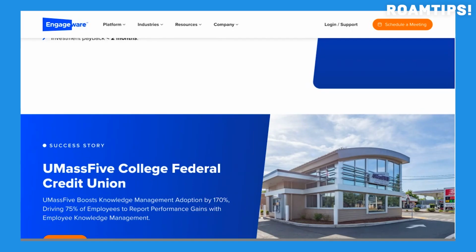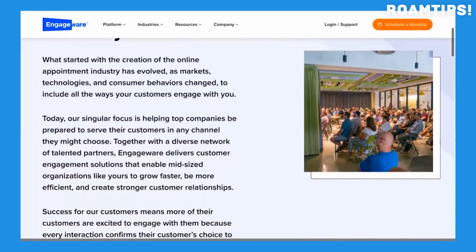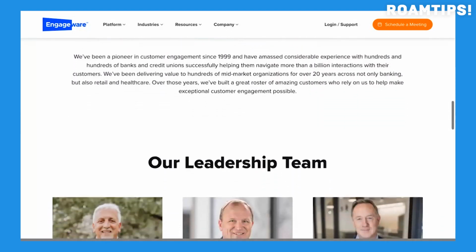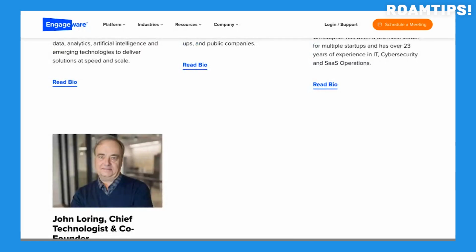EngageWare is a robust and versatile platform primarily aimed at organizations that prioritize efficient and effective customer interaction. This includes a wide range of businesses, from financial institutions and healthcare providers to various service-based companies. The platform's core strength resides in its intelligent appointment scheduling system, which facilitates a seamless booking experience for both customers and staff through automation. By automating this critical process, EngageWare significantly reduces no-shows, optimizes resource allocation, and ultimately improves overall